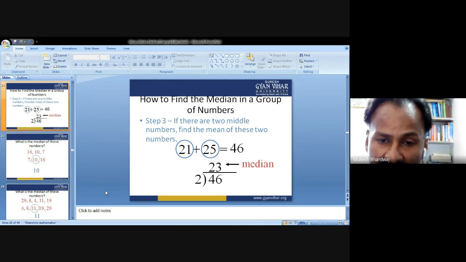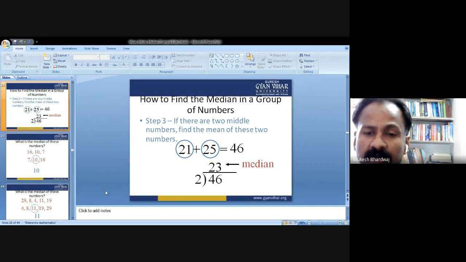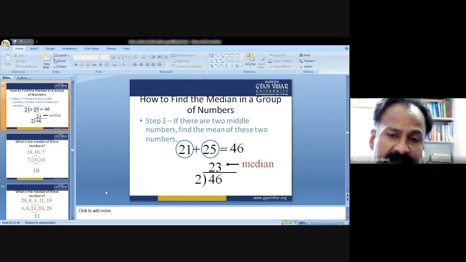Is anybody having any doubt in finding the median? When the data is provided in an odd series or an even series, you can easily find the middle value. In the odd series, you don't find any problem. You just arrange the numbers in a sequence and pick out the middle value, that is your median. But in an even data series, you add the two middle values and divide by 2, and the quotient that comes out is known as the median of that series. Okay.